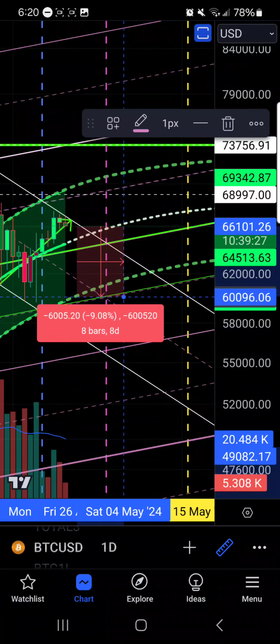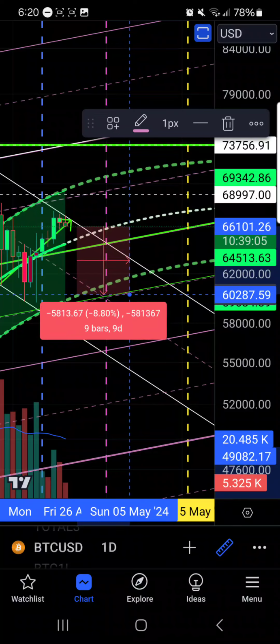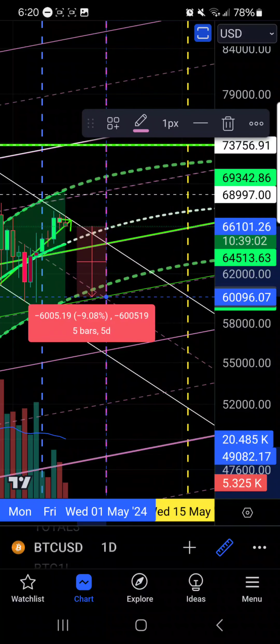I at least think that we would come down to about 60,000. And that seems to be a little bit more reasonable and make more sense. That would be about a 9% move. And we would do that over the weekend. The FOMC meeting is next Wednesday. And typically we dump down into the meeting. Maybe if we have a dump over the weekend, we might have a slight come up into the weekend.